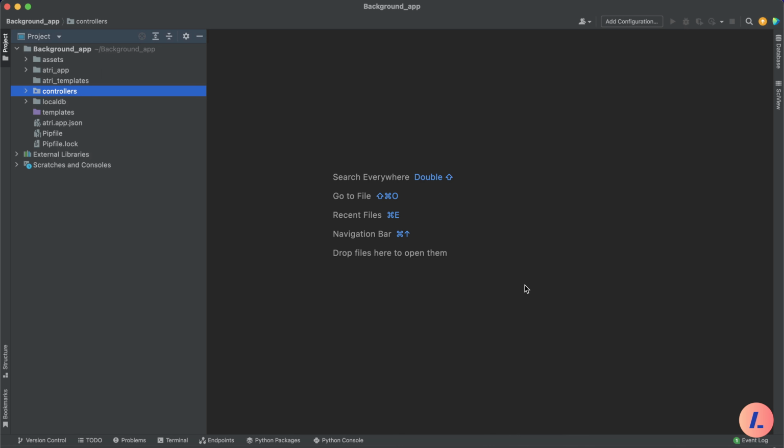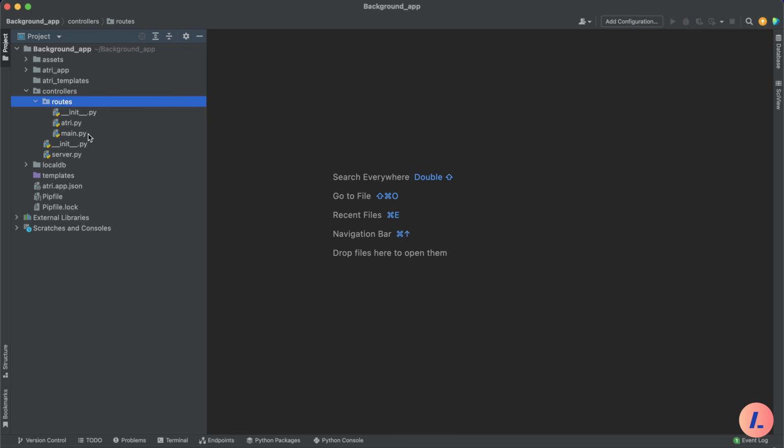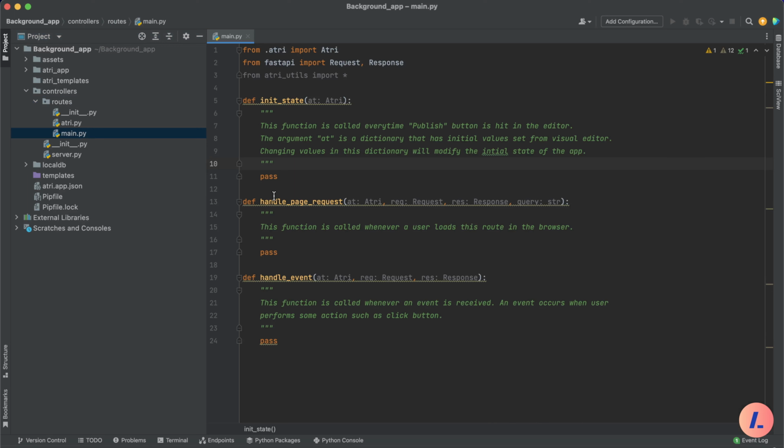So let's start. To add any code, we need to open the main.py file of that specific page, which is located inside the controllers folder, and then inside this roots folder. Let's open this main.py file. We can see that there are three functions which are pre-written. Let me briefly explain what these three functions are used for and how to best use them to write backend